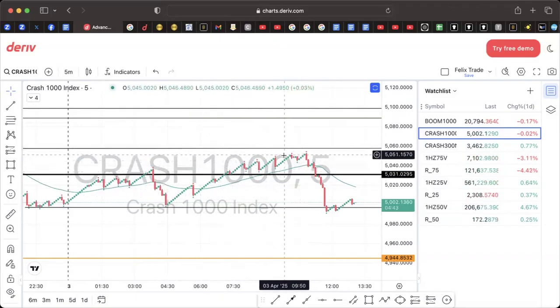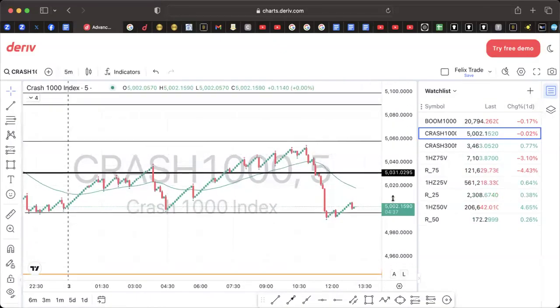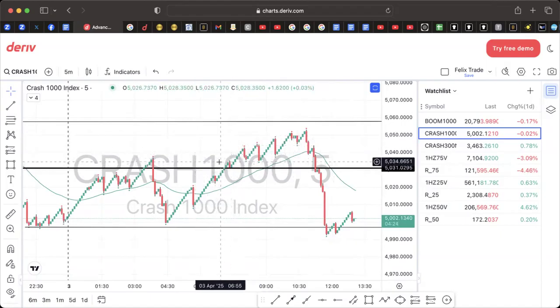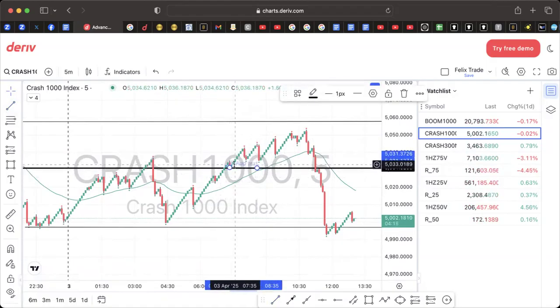Here, you can sell. But there's something I didn't explain about even the BOOM1000. So let me do the explanation here. So here, the market got here and crashed. So you're marking this point. This is a crash, so you mark this point. So you expect the market, and then here, take out liquidity and return below this. Then since that does not occur,